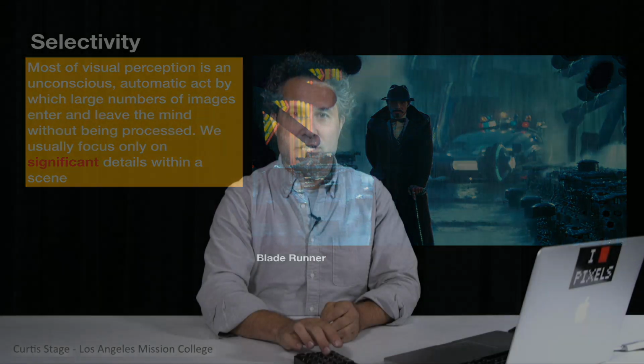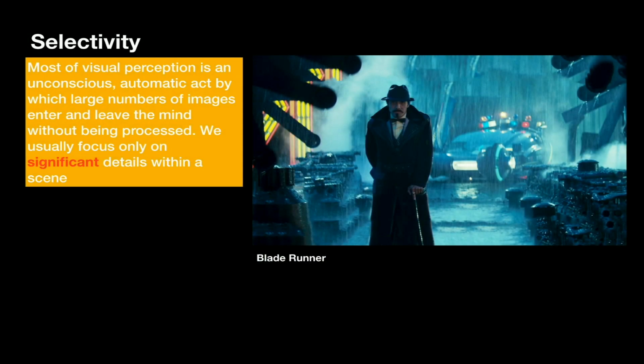We've talked about constructivism. There's a lot of chaos going on, and they needed to selectively get your eye to a certain spot because of all this visual chaos. It was raining, there's lights, there's just all kinds of things happening here, and they wanted to get your eye to the right spot in the film. So it's kind of constructivism. It's also called selectivity, right? This is how our brain processes this.